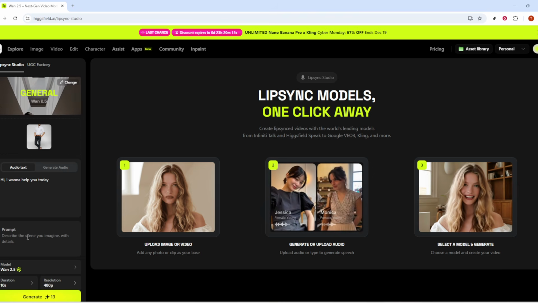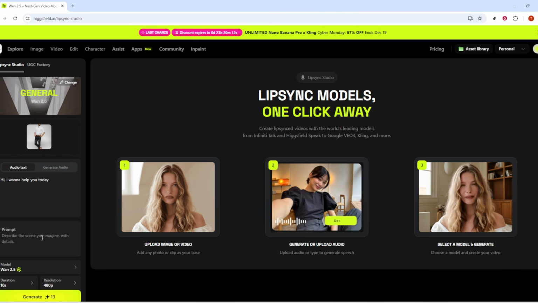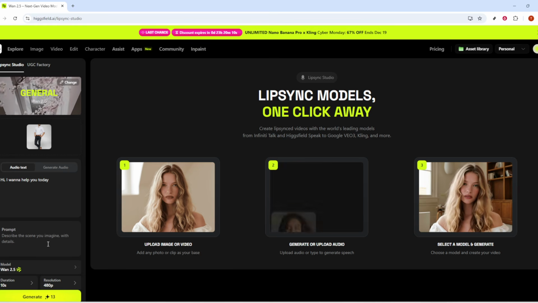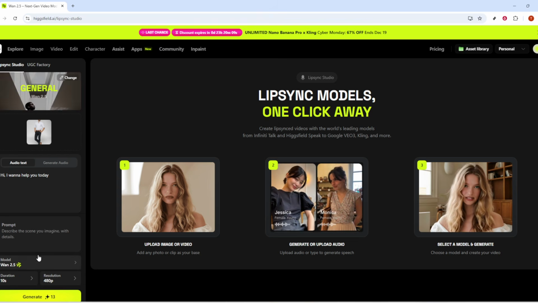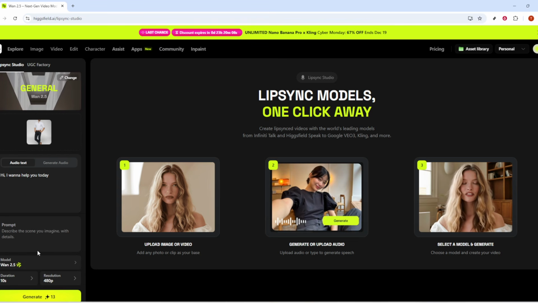Now it's time to pick a model. You can choose from different models depending on the motion style and quality you want. For today, select WAN 2.5. It offers a strong balance between realism and speed, making it a reliable default when you're getting started or working